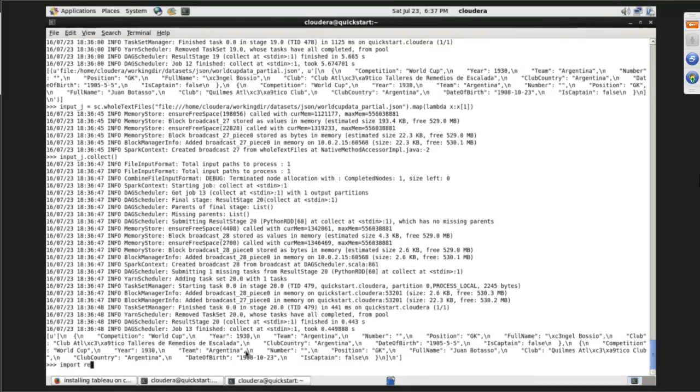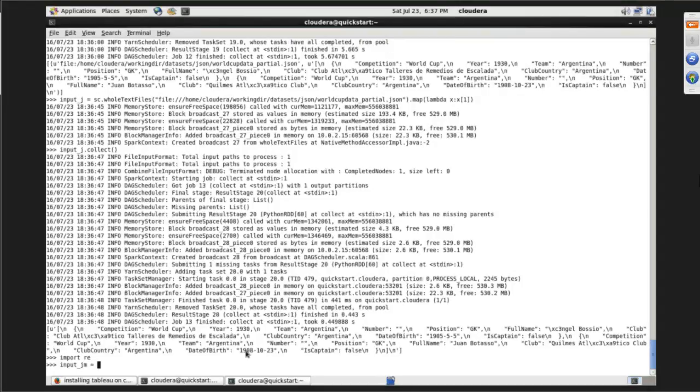Import re, the regular expression module in Python. So input JSON modified equal to, I'm just giving some names so that I can easily recognize it. input_j dot, again I'm going to use map, and then